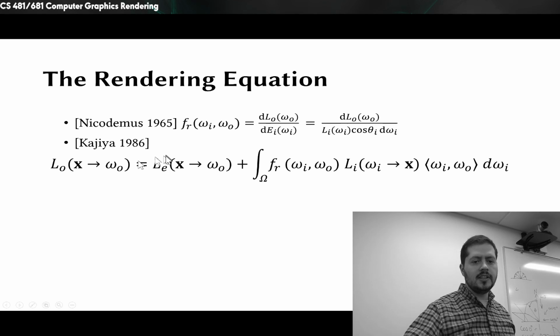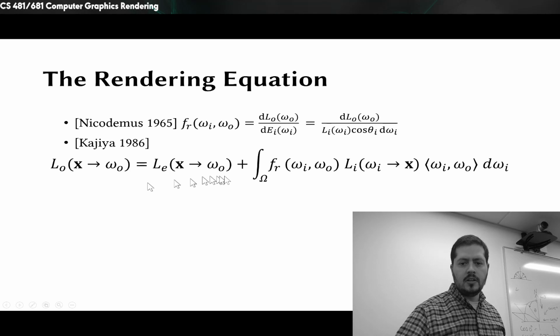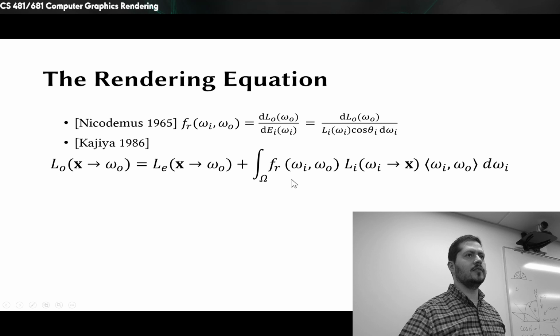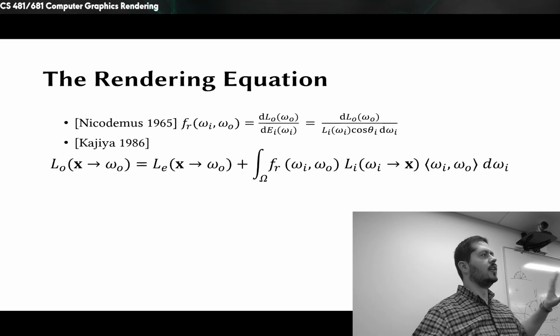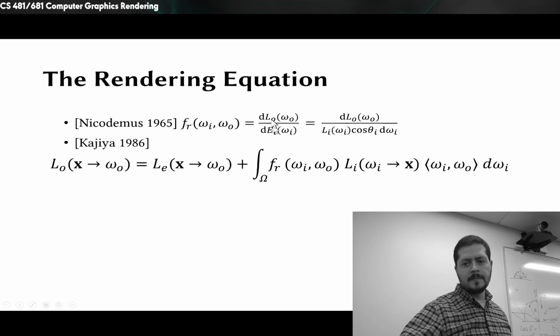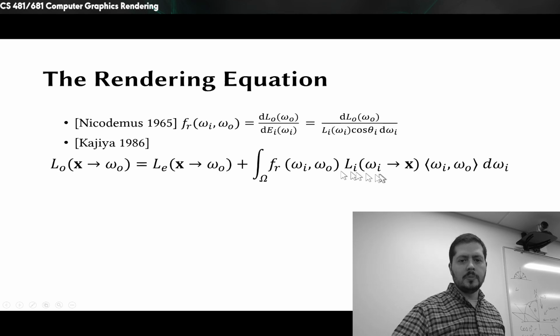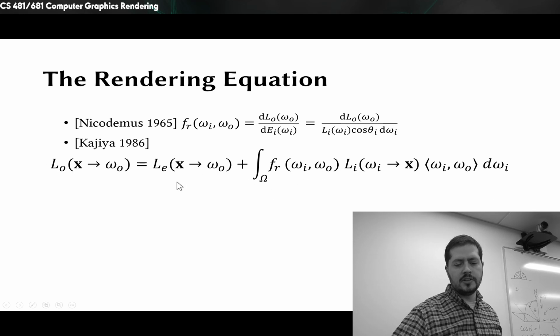Kajiya in 1986 is talking about, hey, how do we get all this path tracing? How do we incorporate all these Monte Carlo method techniques that we've been using in physics for the longest time? How can we apply them to computer graphics? And so we have this particular equation. This particular equation is extremely